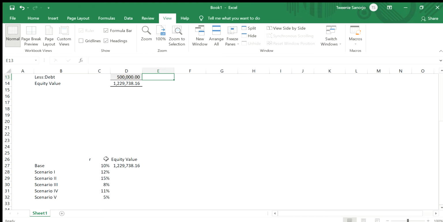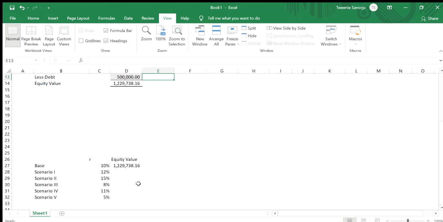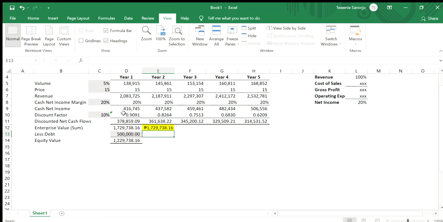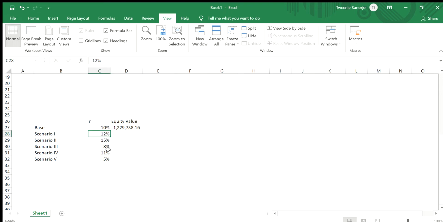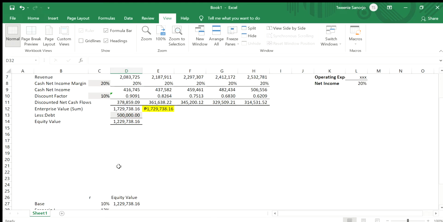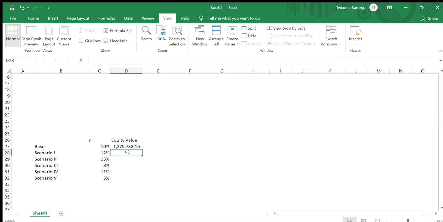For example, ang mga scenarios natin ay nagkaroon ng changes ng present value or a cost of capital rate, sorry, no? So, nagkaroon ng changes ng cost of capital rate. So, kung mapapansin nyo, on our Excel sample, our discount factor is 10%. What if 12% siya? 15%, 8%, 11%, 5%. So, what would be our equity value? So, equity value, yeah. So, in this case, for 10%, it's